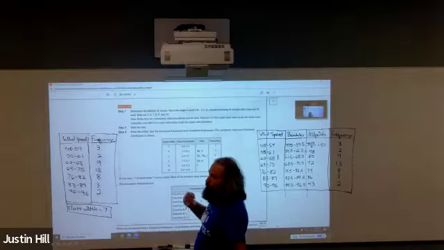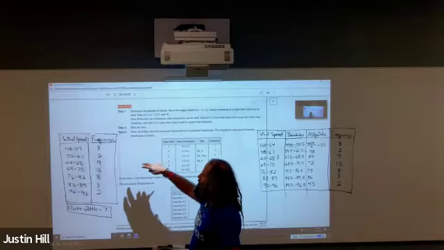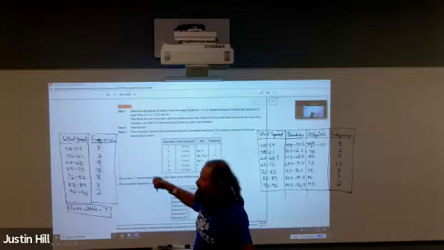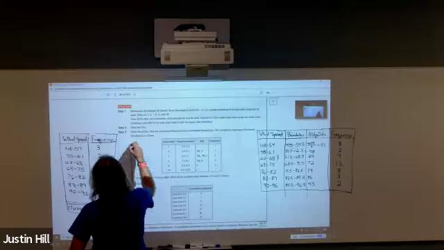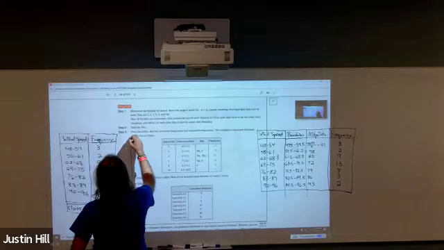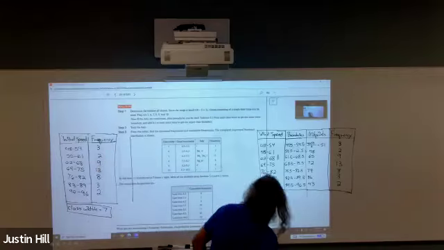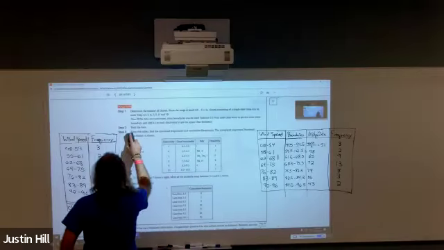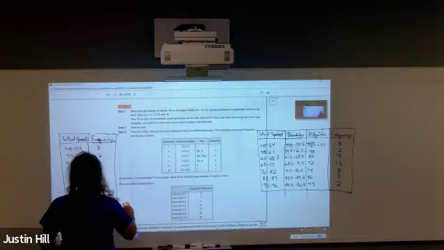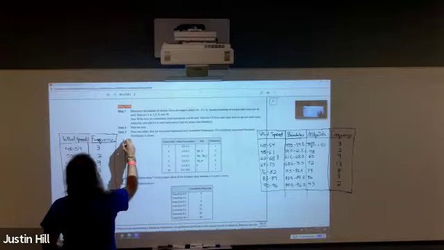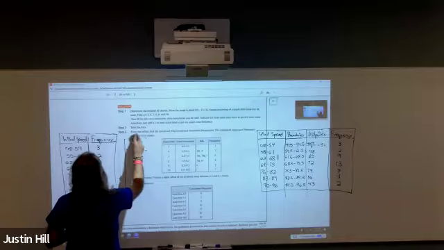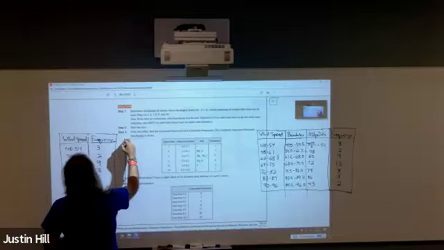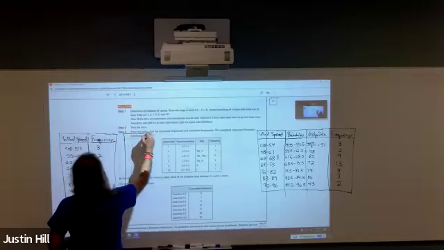So if they wanted a cumulative frequency distribution for this data that we were looking at with the wind speeds, what you would do is